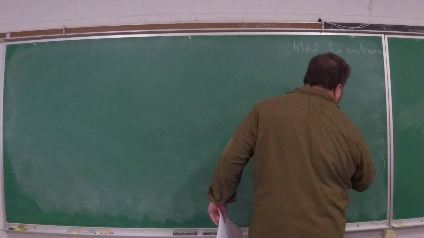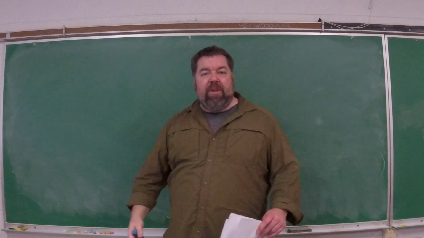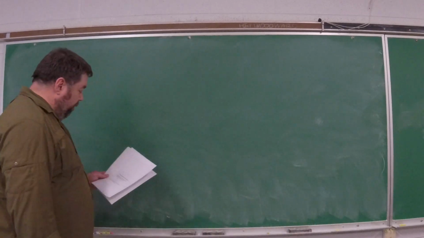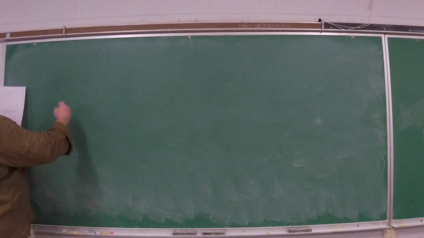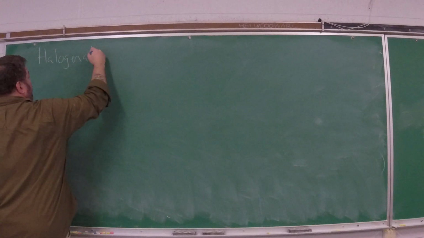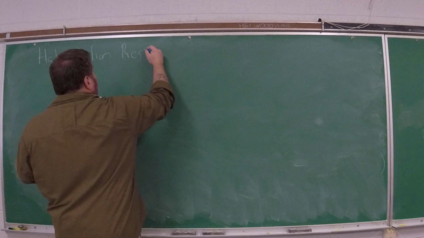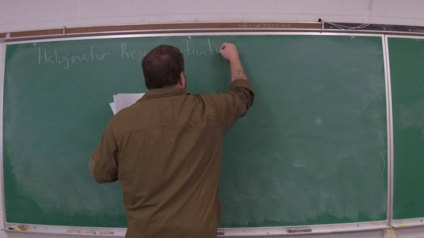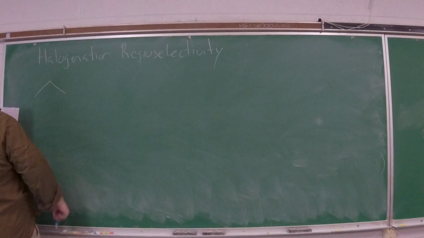Tertiary is the most stable, followed by secondary, followed by primary, which is the most unstable. So that already tells you something about regioselectivity if you're thinking, which hopefully you are. Let's take a look at here. Or maybe you don't really care, but whatever. So here we're going to have